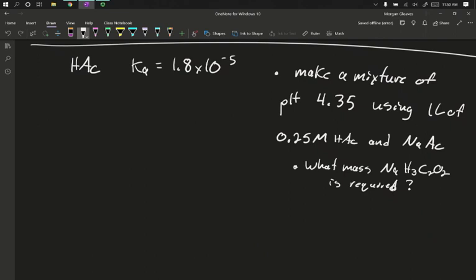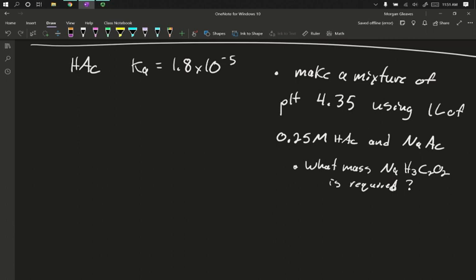In this video, we're going to make a specific target pH with a weak acid-base mixture. So we're going to use acetic acid vinegar. The Ka of vinegar is 1.8 times 10 to the minus 5, and we want to make a mixture with a pH of 4.35. We're going to make a liter of it, and we're going to do it by using 0.25 molar vinegar,